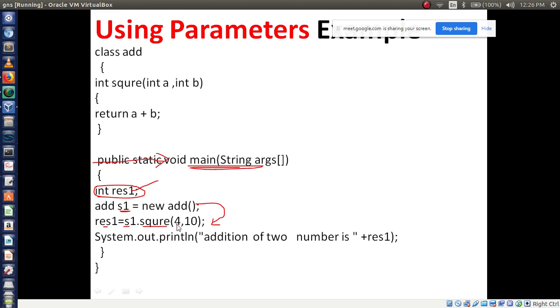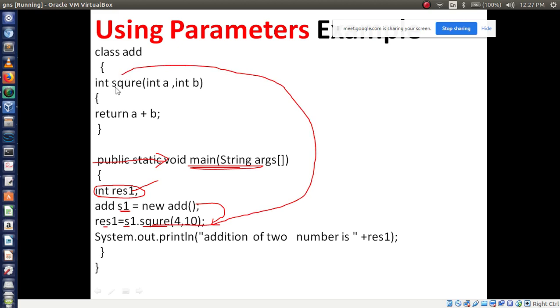It has two values, 4, 10. So control will not directly go to the next line. Remember this, control has a new keyword, that is square. So it will search where you have written the square. So what is the square? Control will go to here, square.